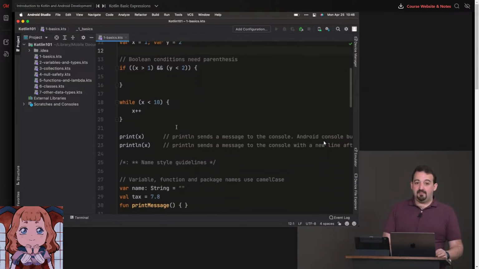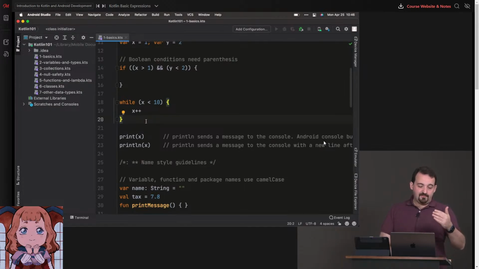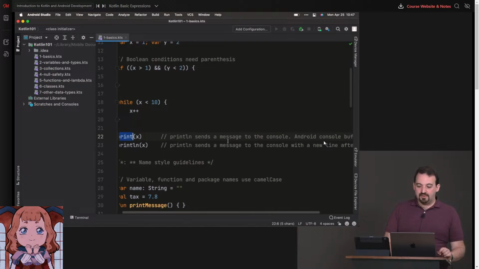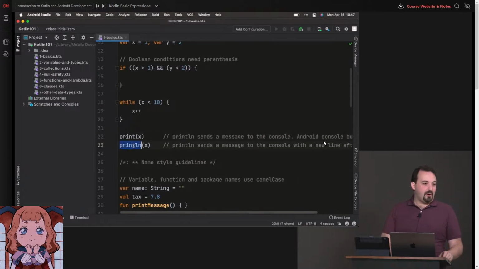Print and print line. Print will send a message to the console. Print line will send a message and create a new line. One big important thing here, when we are using print to talk to the console, is not the phone. Okay, the console is an invisible part of your app, of the operating system. And Android does not support printing without a new line. So actually, when you do print, it goes to a buffer